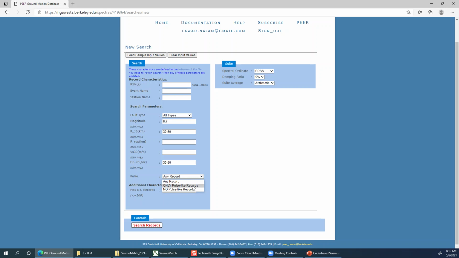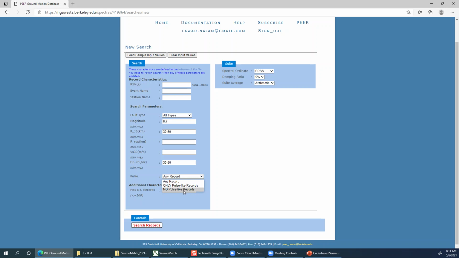If your site is located less than 10 kilometers from a particular fault line, you can expect a pulse like ground motion. This ground motion has one big pulse in it, and all the other values are less compared to that pulse. So you have to select whether your site is near fault or far fault.